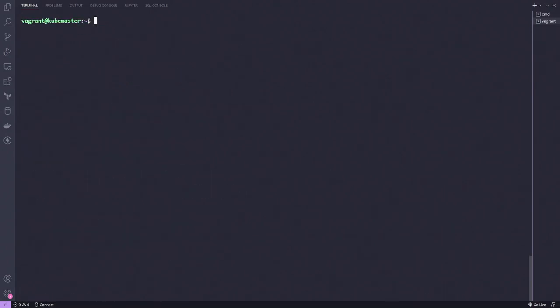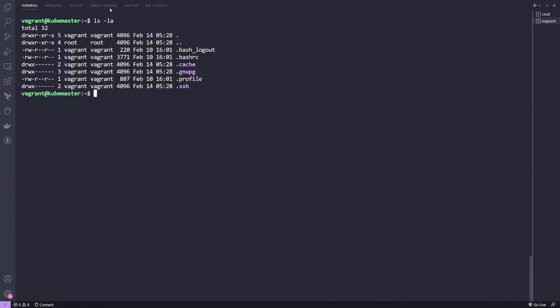And so now, based off of the command prompt, you can see we are now in the KubeMaster. And if I just do an ls -la, we can see that I am in fact in the KubeMaster. To exit out of the session, I can just do a logout. And that's going to take me back to my local machine. And if I once again do a vagrant status,